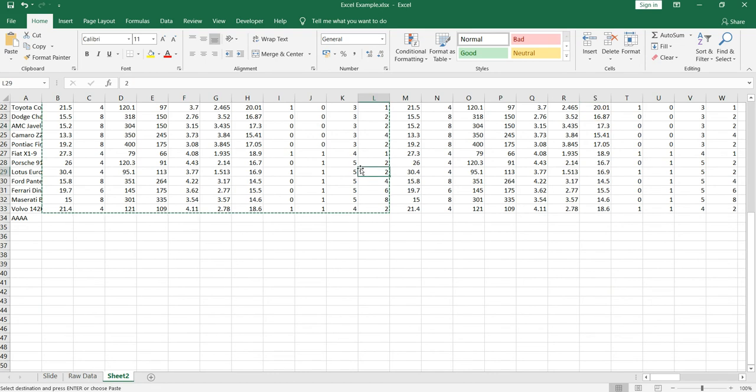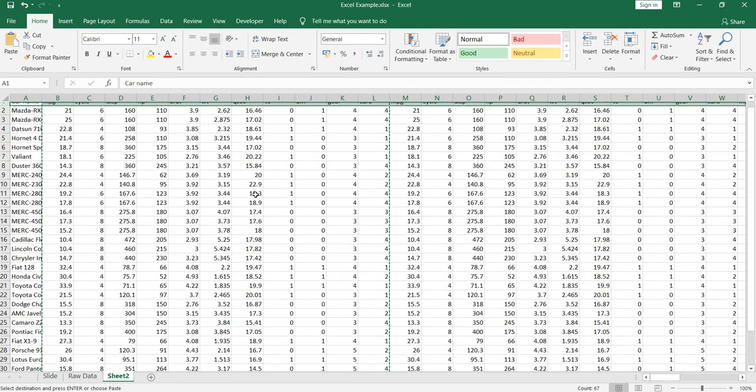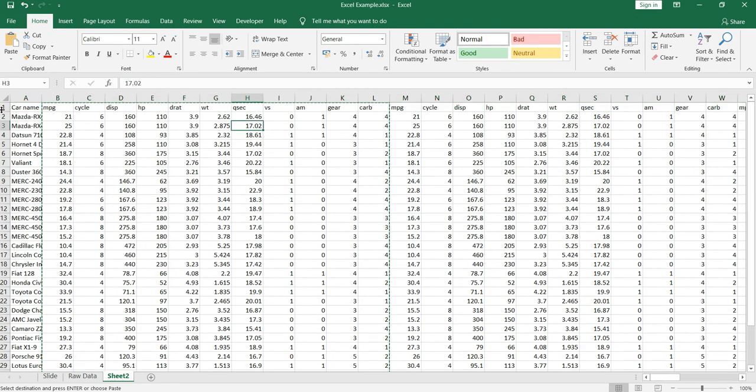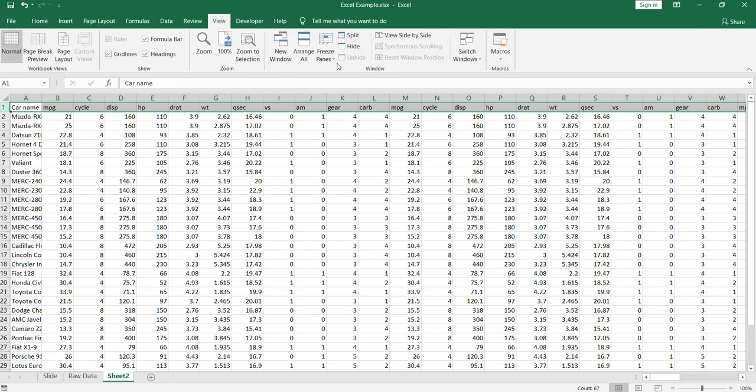Correct? Now there is a functionality in Excel where you can freeze the first row of every data set, so that it allows you to see the first row or the header of the entire data set whenever you scroll it. So how you can freeze this row? That is the question. To freeze a particular row, what you need to do is select this entire row first, then go to view, and then you will see this option freeze panes, right?